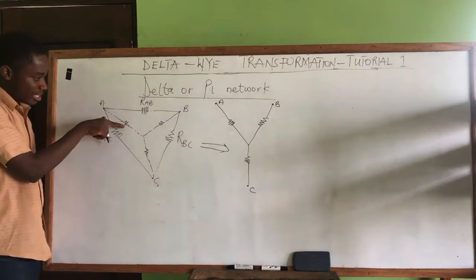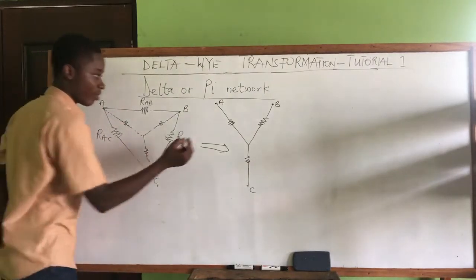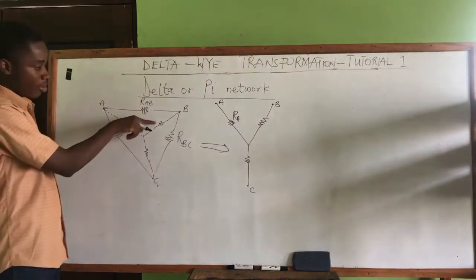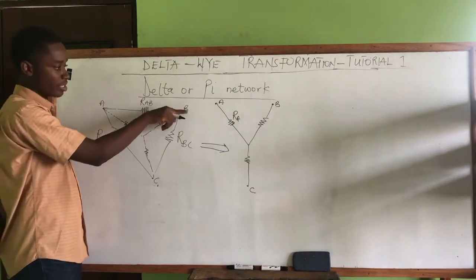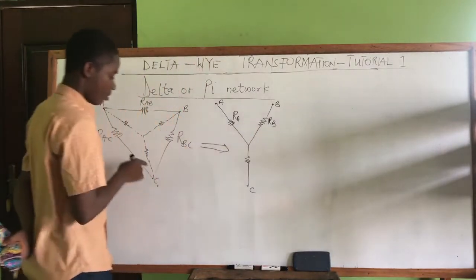Now I'm going to label or name these resistor values. This resistor here is connected to node A, so I'll call it RA. You can call them R1, R2, R3, it's the same thing. I'm calling this one the Y value RB because it is connected here. We have RB. Then I'll call this one